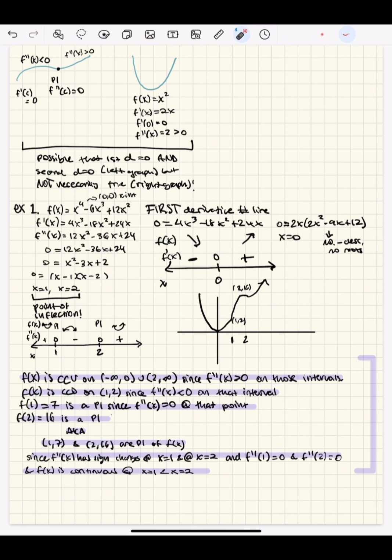And then we are going to do one practice problem, which uses the first derivative test and the second. It uses the number lines and the first derivative test, but it doesn't really use the second derivative test because